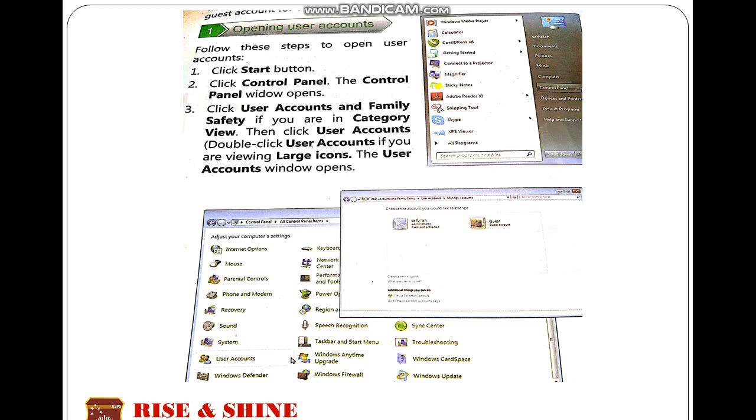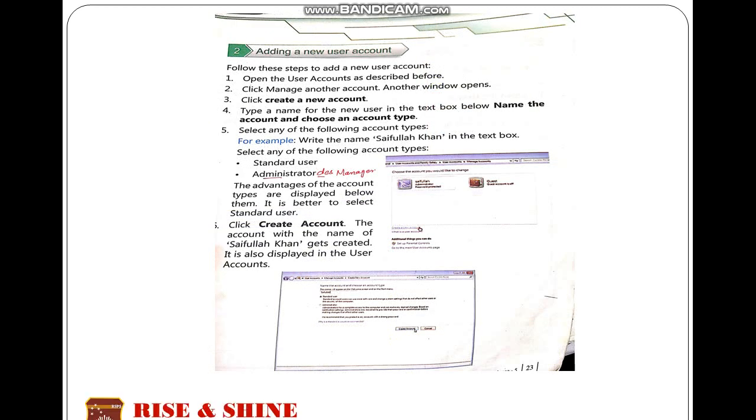From this menu you will click the control panel. These options are highlighted, as you can see this version highlighted control panel. In control panel you will move to the user account. If you are viewing large icon, the user account window opens. As you can see, the user account window opens.